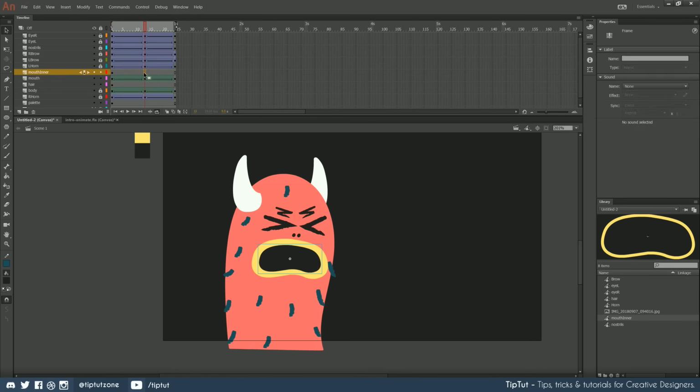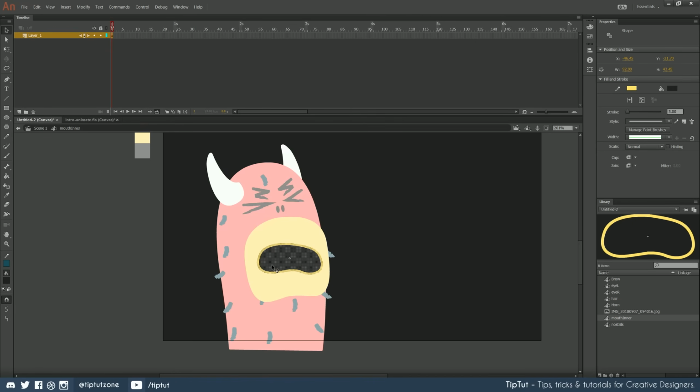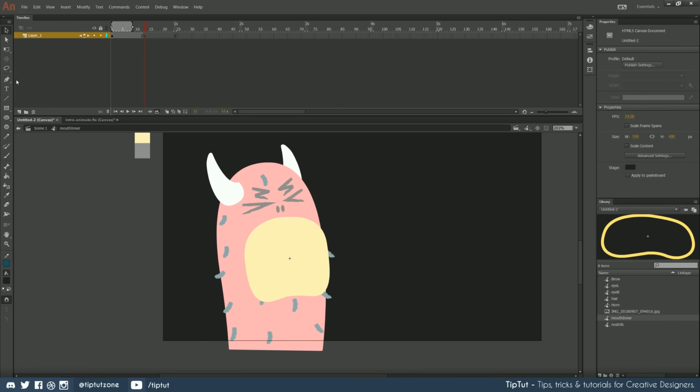Let's go to our 12th frame, open this up. We're going to have to add in some frames here, so F5 to add in those. And let's go to our 12th frame and hit F6, okay? Now what we're going to do is just delete these completely, get rid of them. With our pen tool, we're going to go through and draw our new mouth, bearing in mind the size of the lips that you want to keep. Maybe something like this and like this. I'm just going to round off this corner a little bit. It's a bit harsh at the moment, like so, but that looks pretty good.